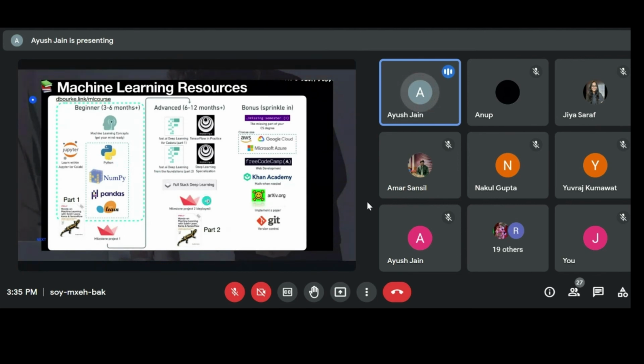For deep learning, I'm not suggesting it because you are a beginner in machine learning. Let's finish machine learning first, and then if you are capable enough of building some good machine learning projects, then start with the deep learning part. It's not that difficult.